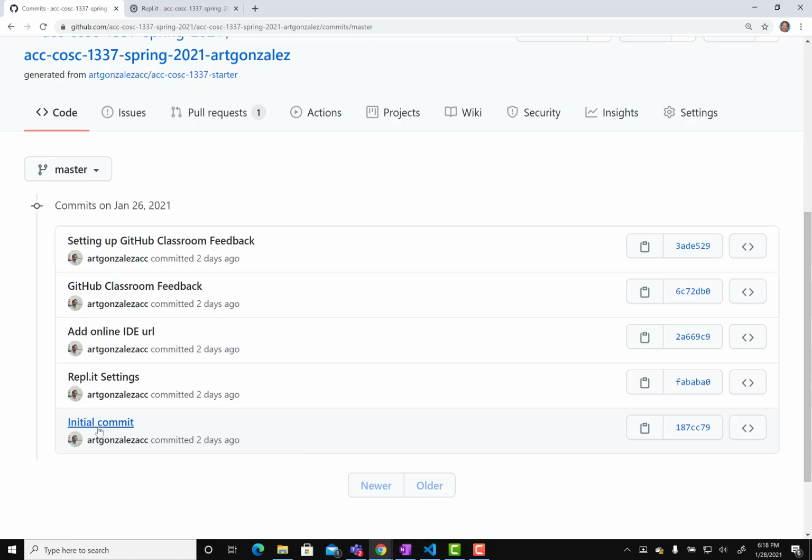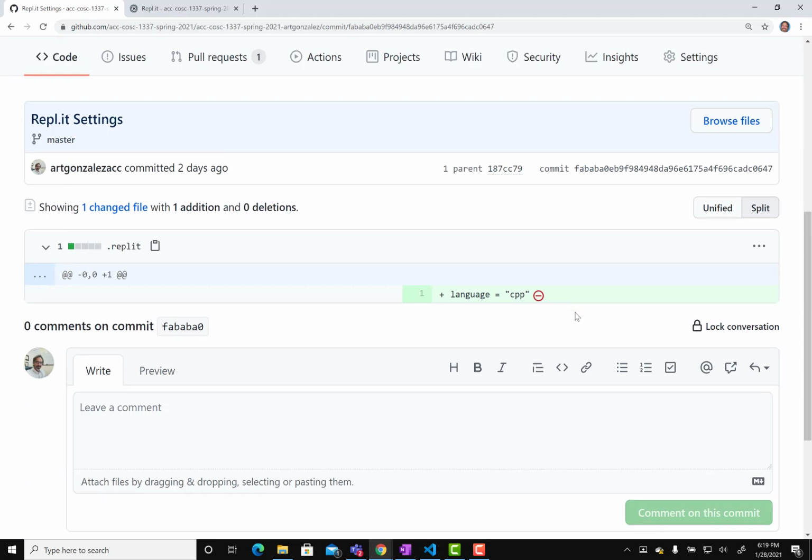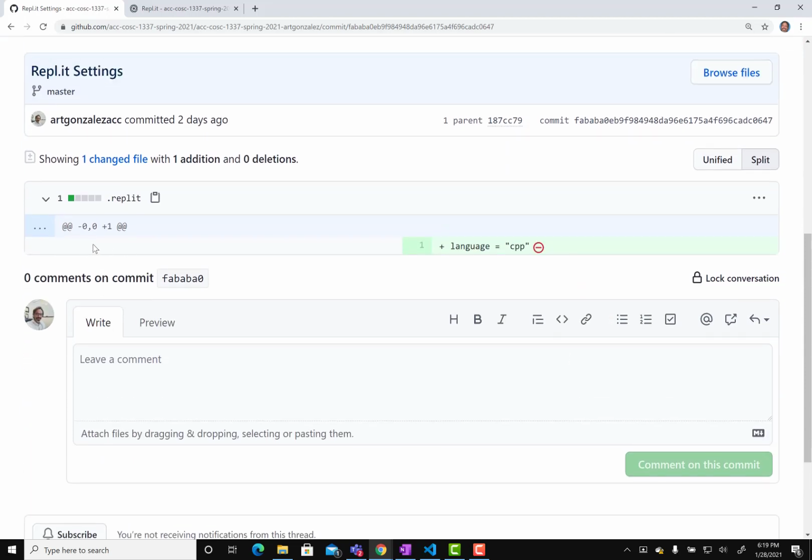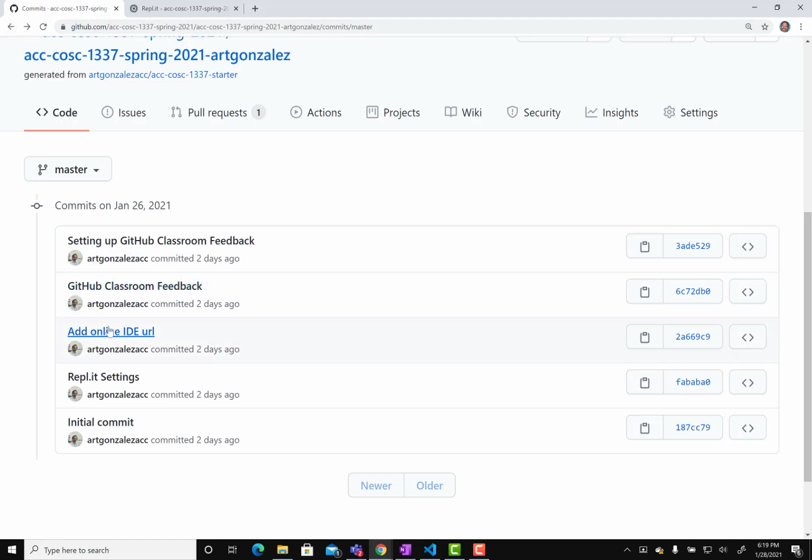opened this repository. This initial commit is when GitHub copies the code from the starter repository into this folder. And then I modified some Replit settings. If I want to know what they were, I can click on this link. On the left side is what was there before, and the right side is what was there after the commit, right? Then I can go back, add online IDE URL, and then I'm like, well, I don't remember